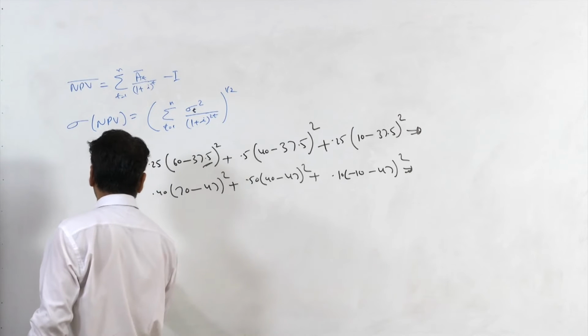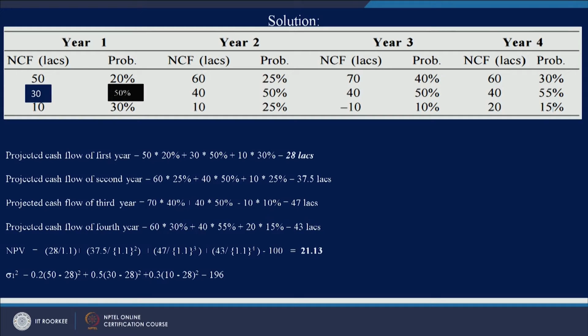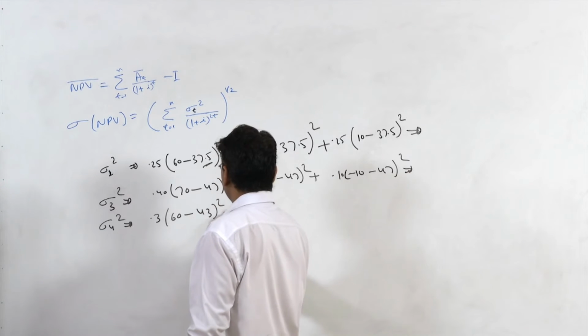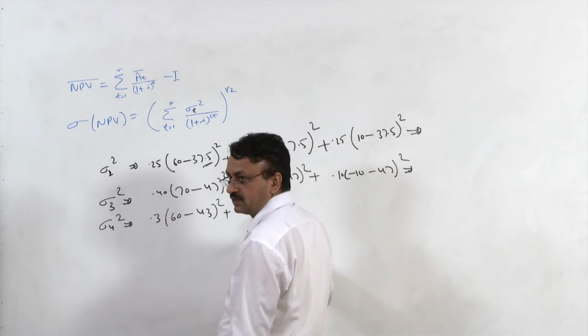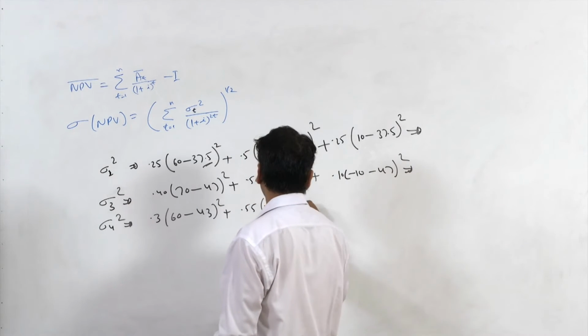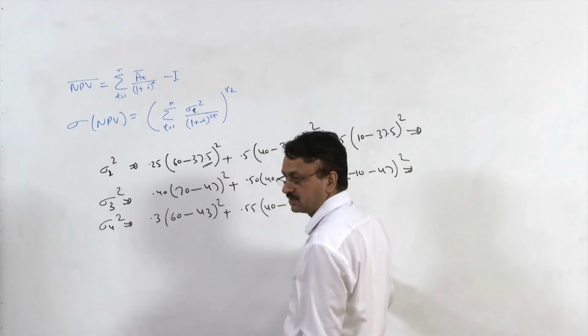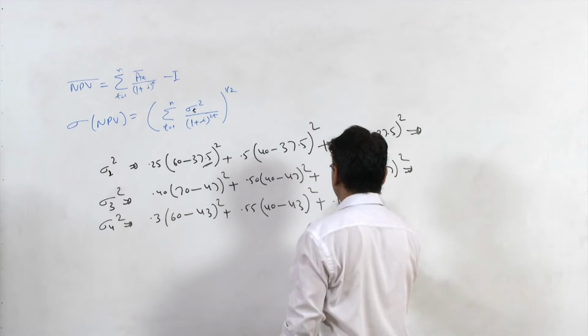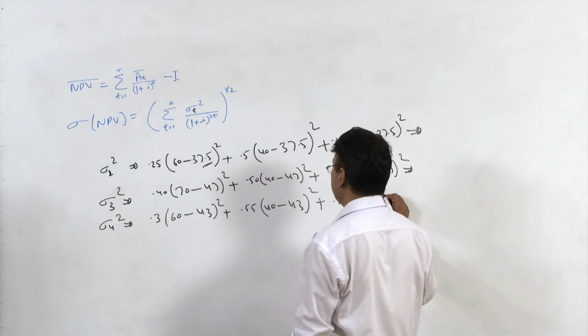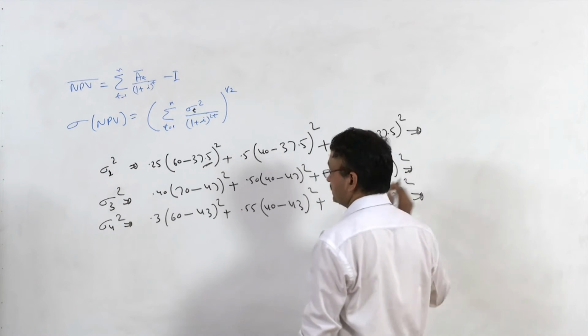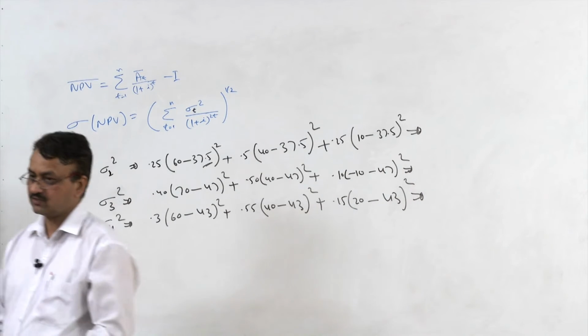For fourth year, this would be 60 minus, so first of all probability 0.3 into 60 minus what is expected cash flow for fourth year, it is 43 lakh, plus probability next is 0.55, cash flow 40 minus 43 whole square, plus the remaining one would be 0.15, and net cash flow 50, expected cash flow 43. So, you just calculate these values, and these values would be nothing but,